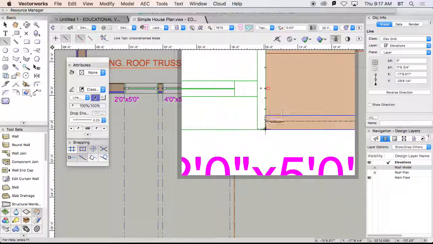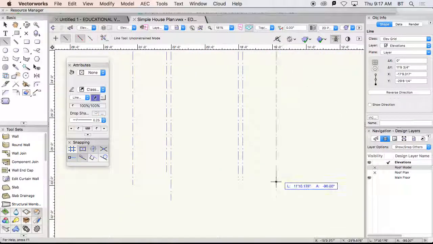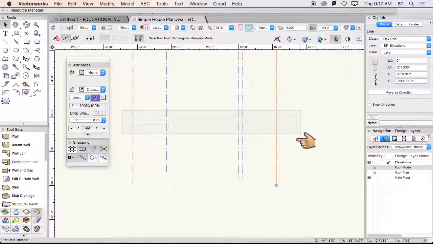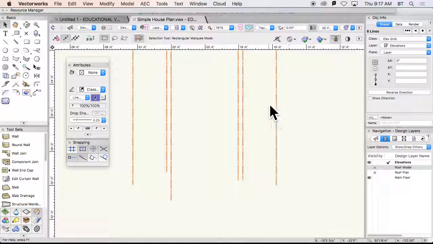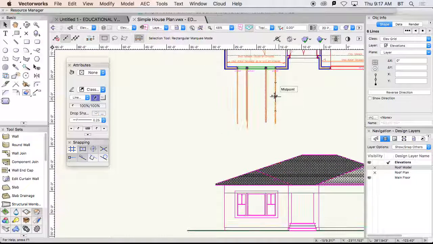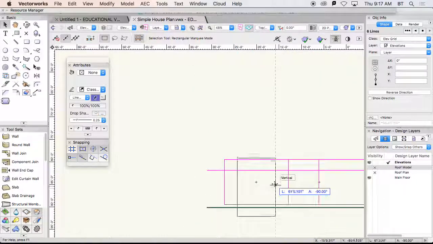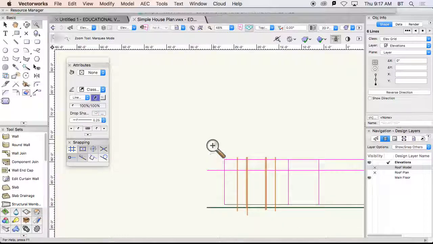Okay, almost done. Now I'm going to select all my objects, so clicking my marquee and pressing Option, I can zoom out and bring these all down. Holding Shift is going to make sure I'm doing it vertically,